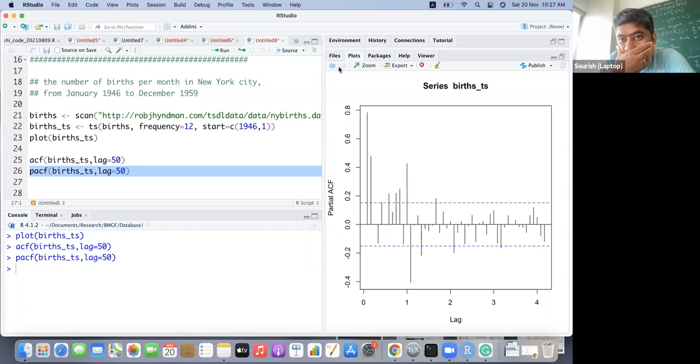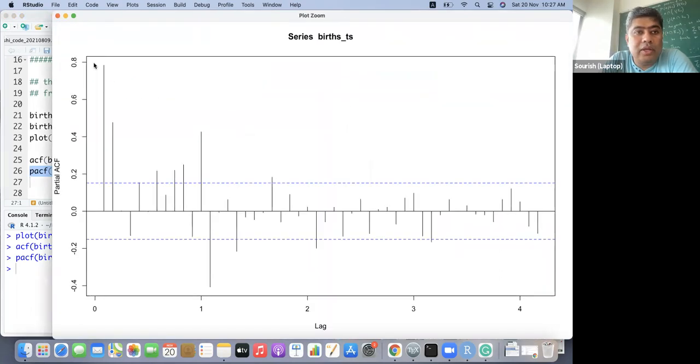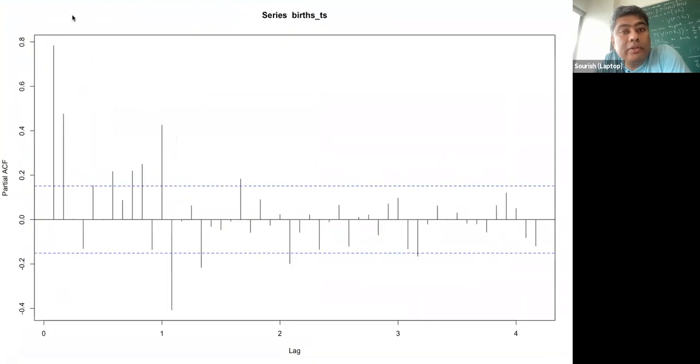Any idea? Just staring at this autocorrelation plot, how can you read this plot? Partial autocorrelation plot, how do you read this plot? Okay, tell me what each bar tells us.